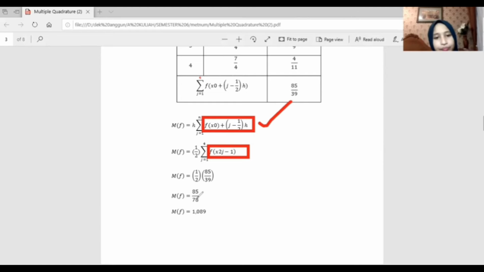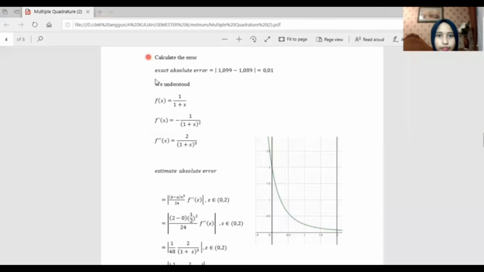So the MF, we get the result as 85 over 70, 80, so the MF is 1.089. So we can calculate the exact absolute error, which equals 1.099 minus 1.089, which is equal to